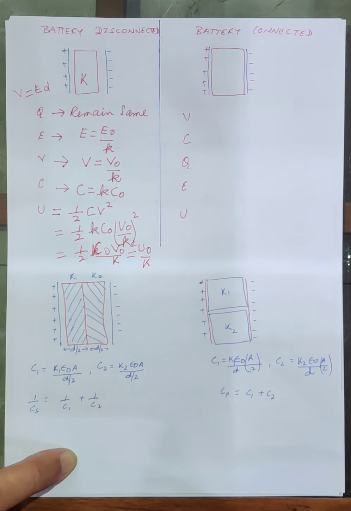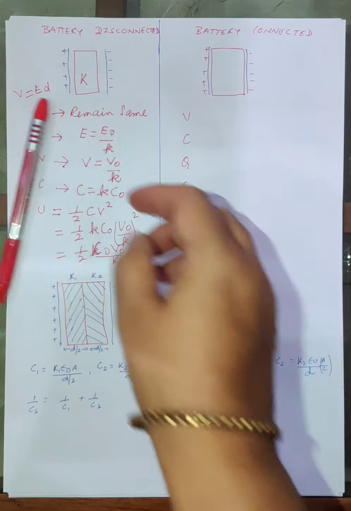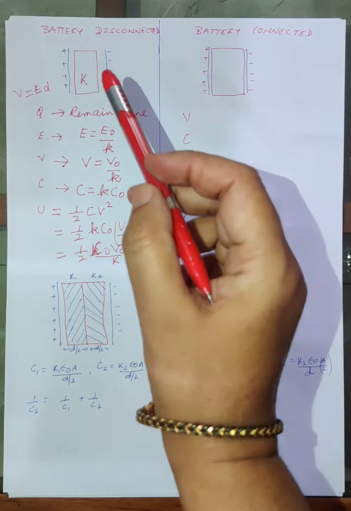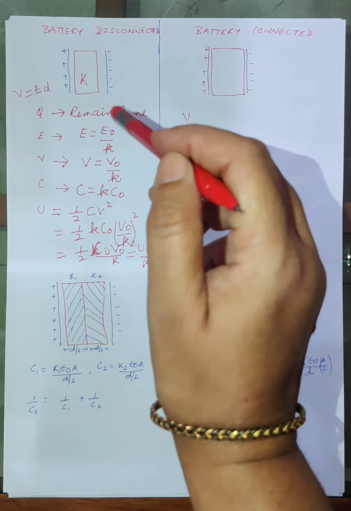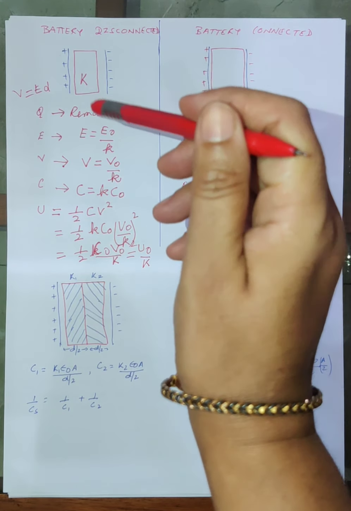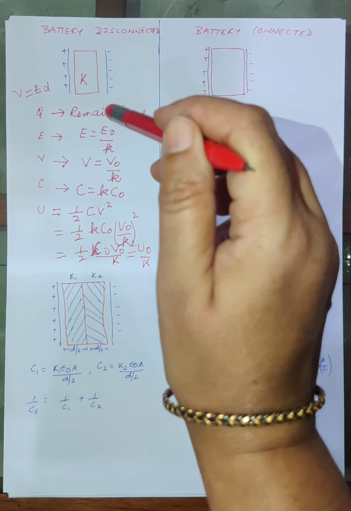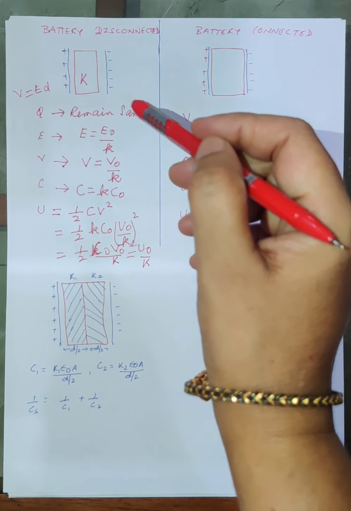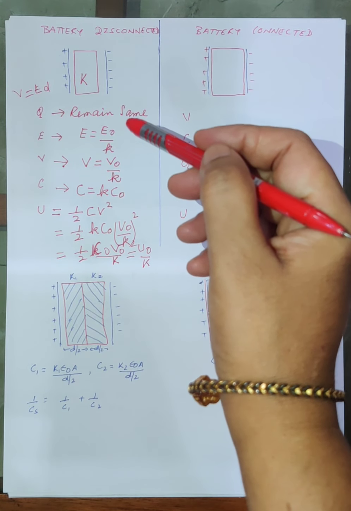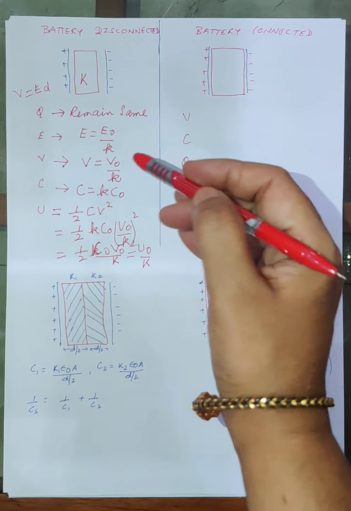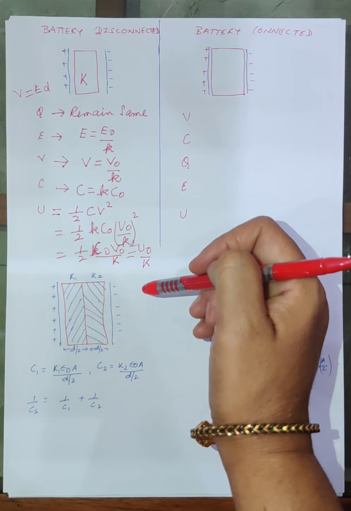Alright, so this is a very important question. I'm repeating: you have inserted a dielectric after the capacitor is charged and you have removed the battery. The battery is disconnected and you are inserting a dielectric between the plates of the capacitor. There is a very quick trick, children: you always start such a question from Q, because my charge will remain the same. Then it is easier for you to answer the questions.